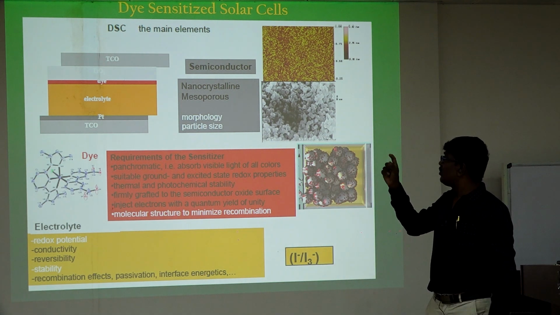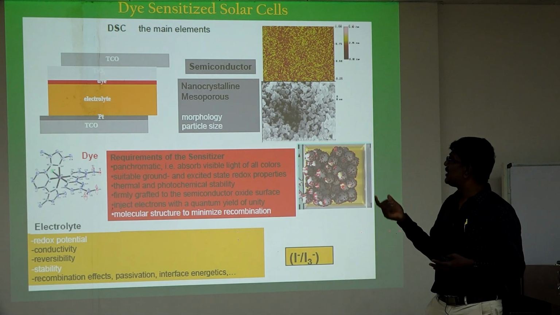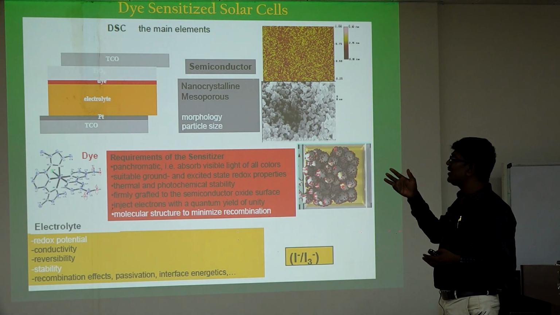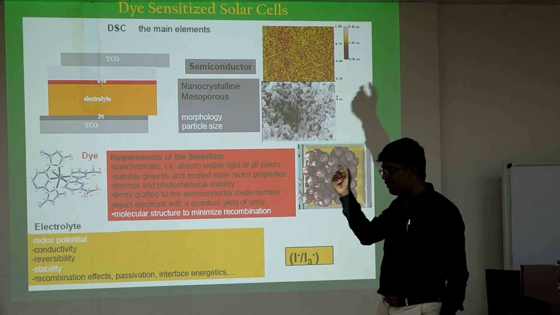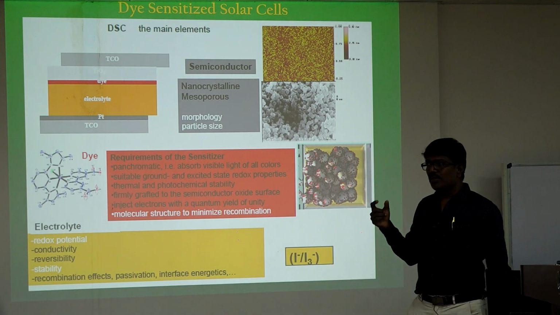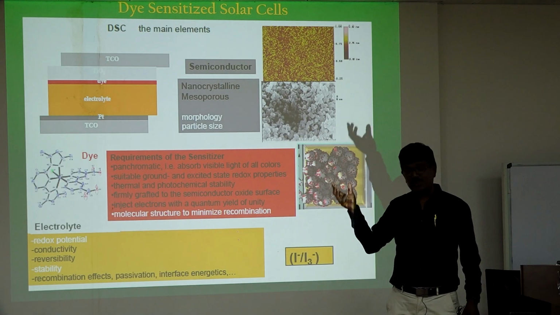So the TaO2 we have to coat by the Dr. Blade technique or screen printing method. So we have to do it one by one. So coating of TaO2 on the transparent conducting oxide glass, that's the second step. Third, once this TaO2 is coated on the surface of the glass plate, we have to